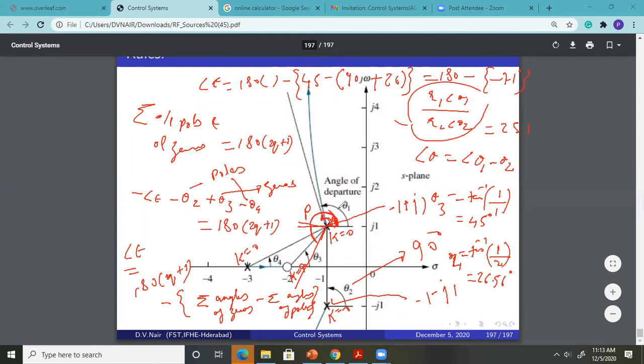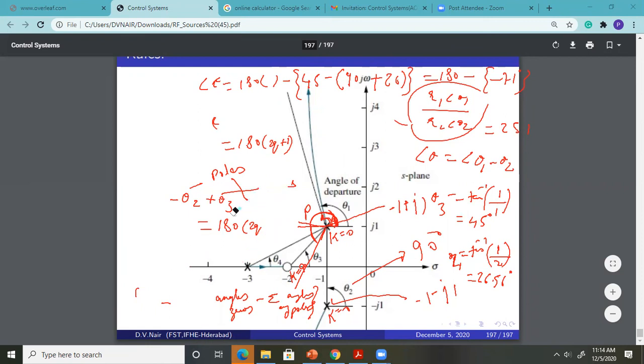Let us see what our asymptotes are. That will help us further consolidate. Just hold on to that. 2 minutes. Now here, what is the angle of asymptote? You keep this answer recorded with you. It will be either plus 251 or minus 251, right? I have a little doubt. So let us quickly see what the asymptotes are.